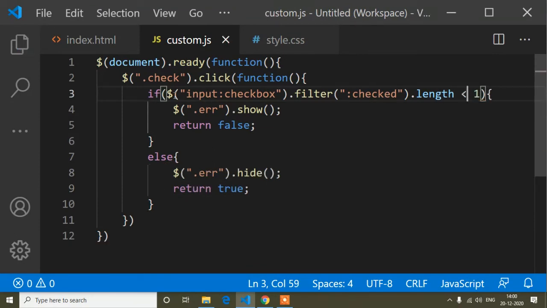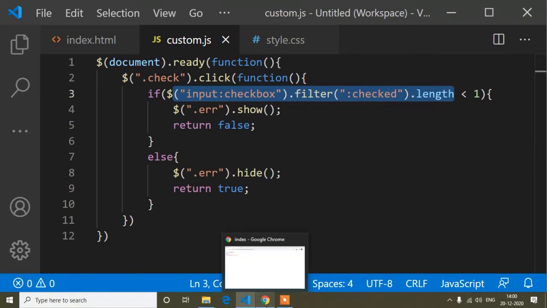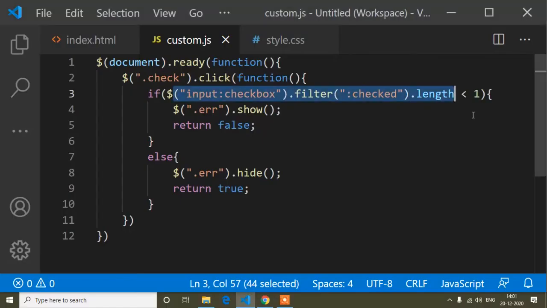That means, guys, when the checked count will be less than 1, that means no checkbox is checked, because here I have 4 checkboxes. I think you're getting my point. Less than 1 means no checkbox will be checked here.